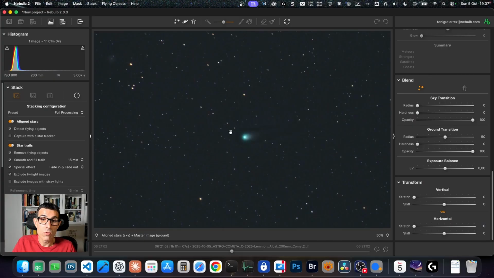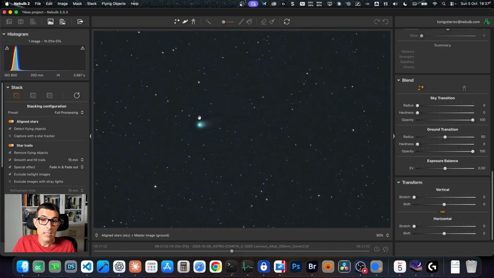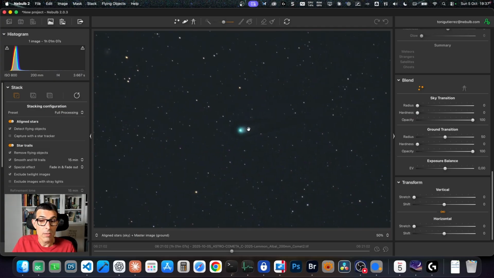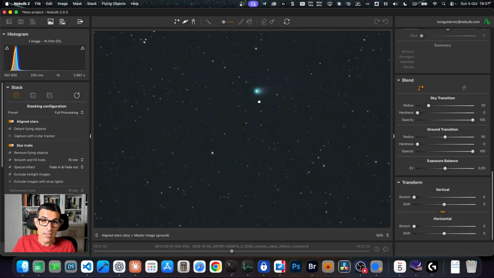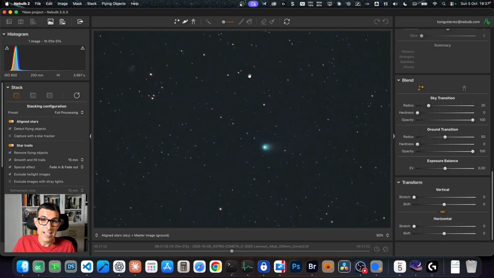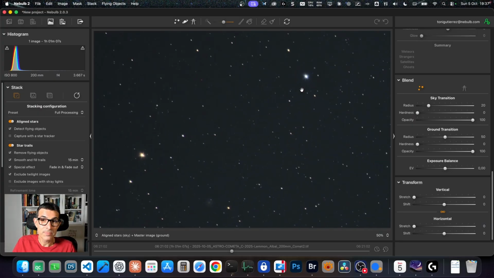For example, if you put 0, you can see that the transition is not very good, but you can see the comet perfect. But if you increase the radius, okay, yeah, here it's perfect. You can see the perfect blending between the star images